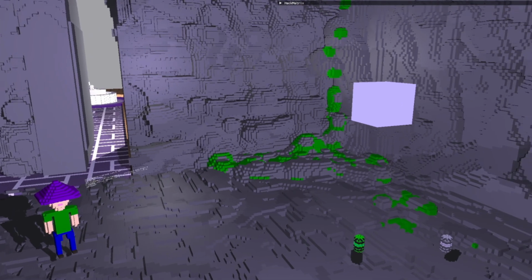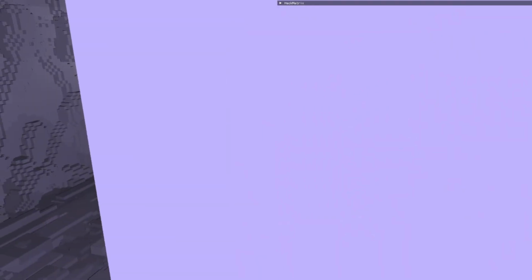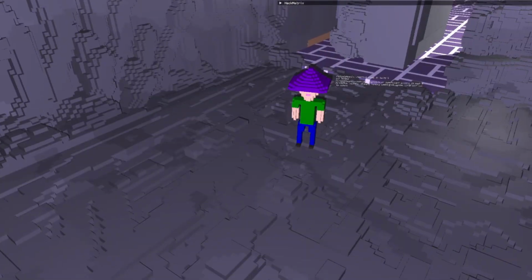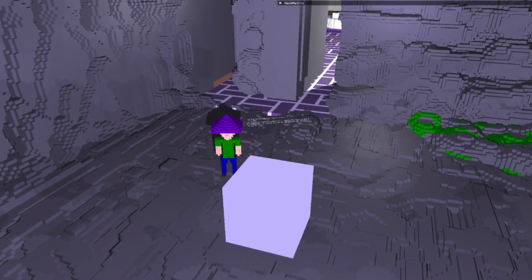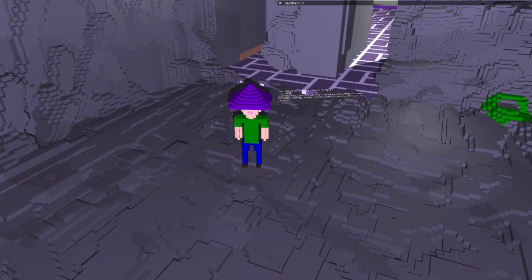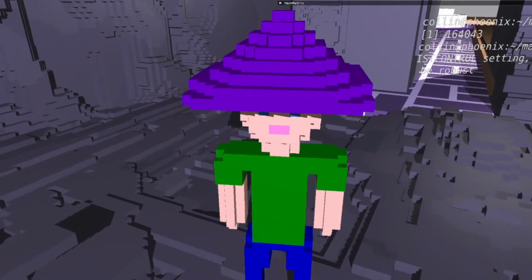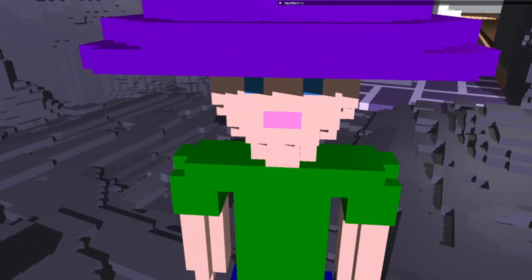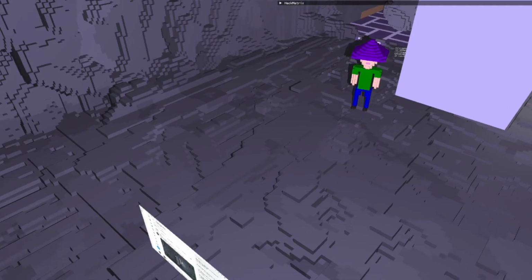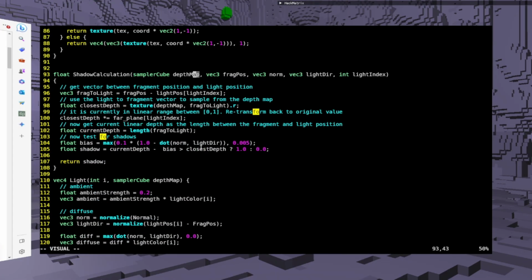The depth map is rendered relative to the light. What it does is it renders the scene from the perspective of the light, and for every position in the scene, it computes the closest fragment to the light. And so what this means is in this particular vector, the closest fragment would be a fragment on the person relative to the light. And so using this depth map, which contains the closest fragments relative to the light, we can grab the closest